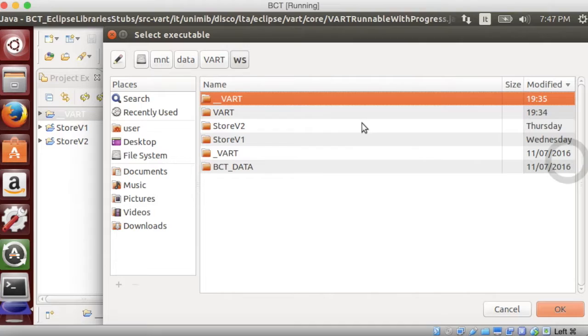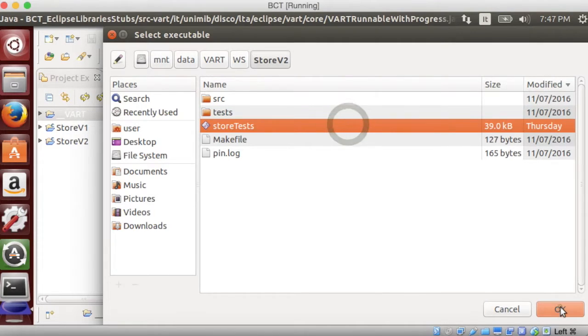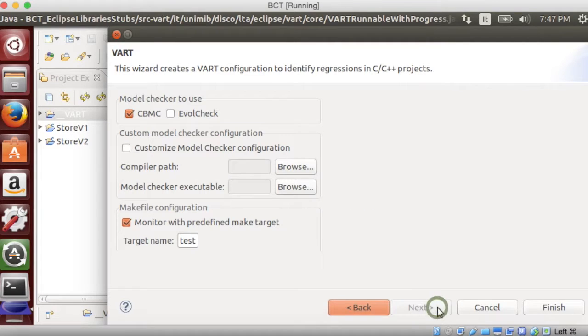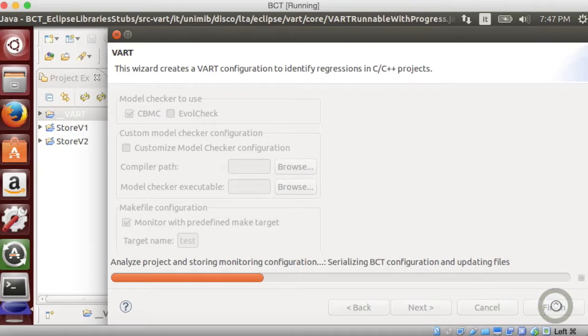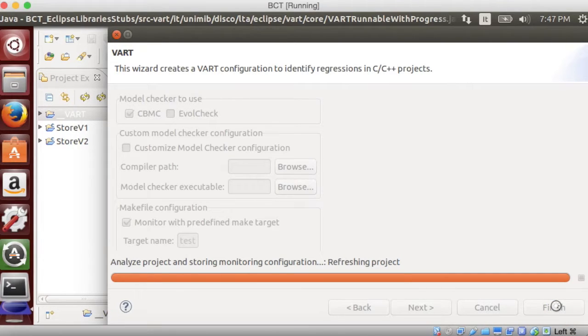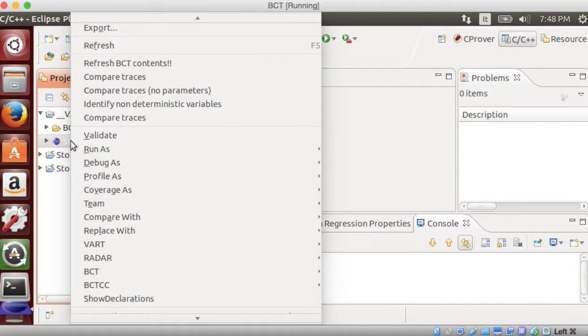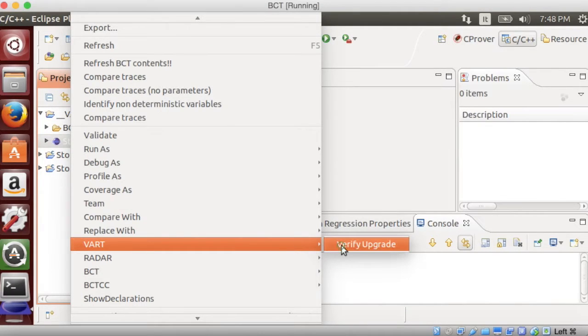VART relies upon dynamic program analysis and model checking to identify regressions. In the next window, we can indicate the model checker to be used, CBMC in this case, and its options. When we press Finish, VART automatically detects the modified functions and creates configuration scripts that will be used for monitoring. If we right-click on the generated configuration file, we can identify regressions by pressing on Verify Upgrade in the VART